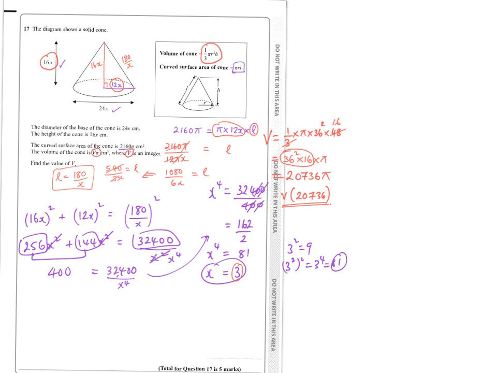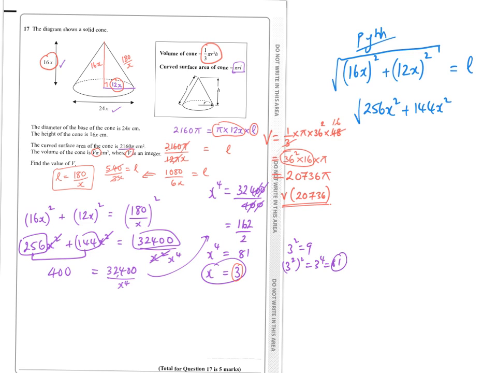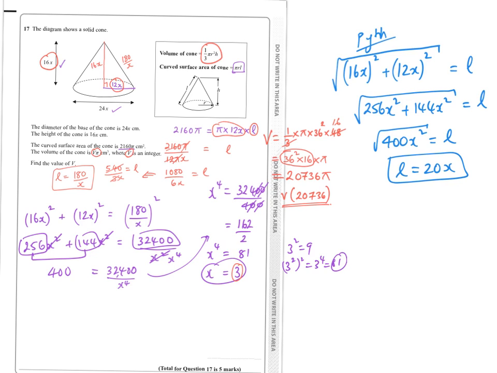So the alternative, and I'll do this in a different colour, you could have used Pythagoras straight away and said 16x squared plus 12x all squared square rooted would be L, and from that you'd get 256x squared plus 144x squared square rooted is L, so you just get 400x squared is L, square rooted that is, so L would be 20x, okay, and once you have that you can use this curved surface area part again and have